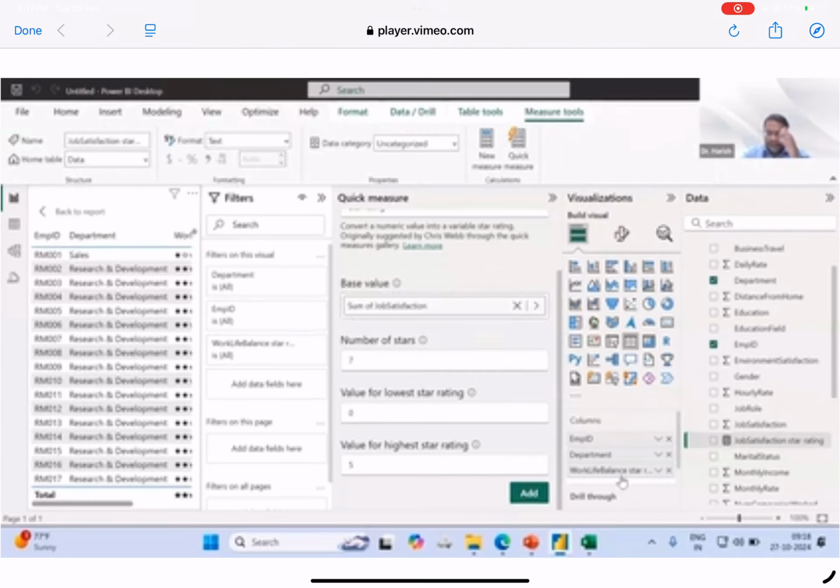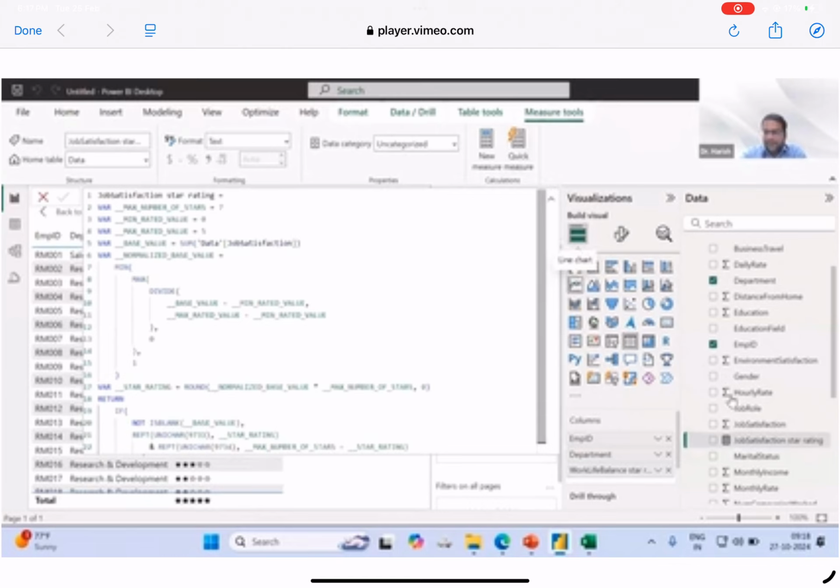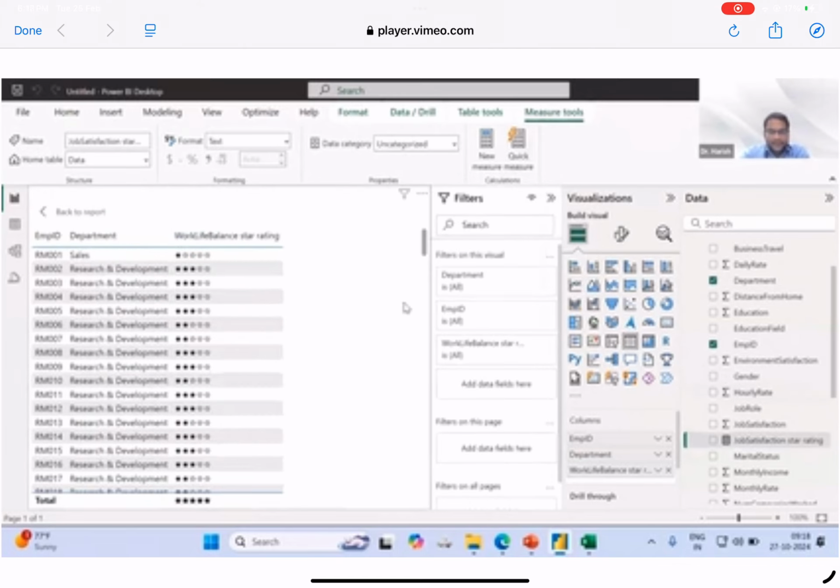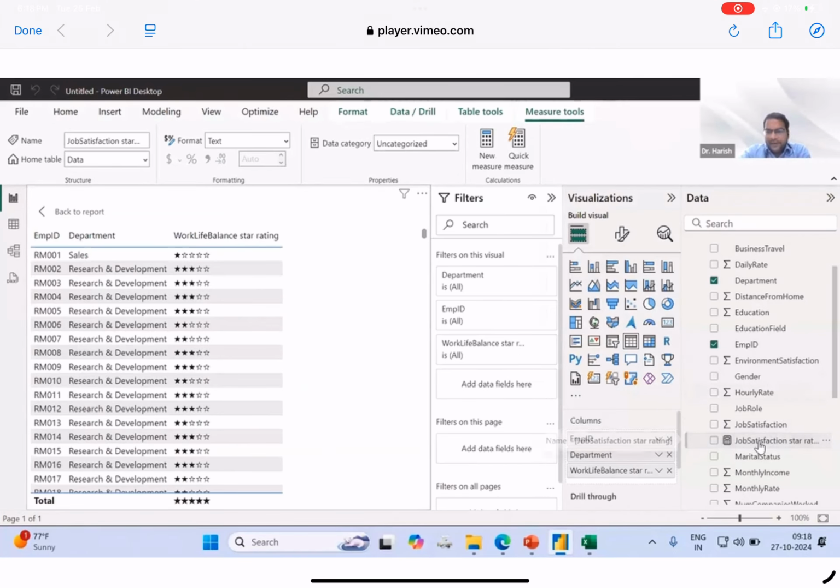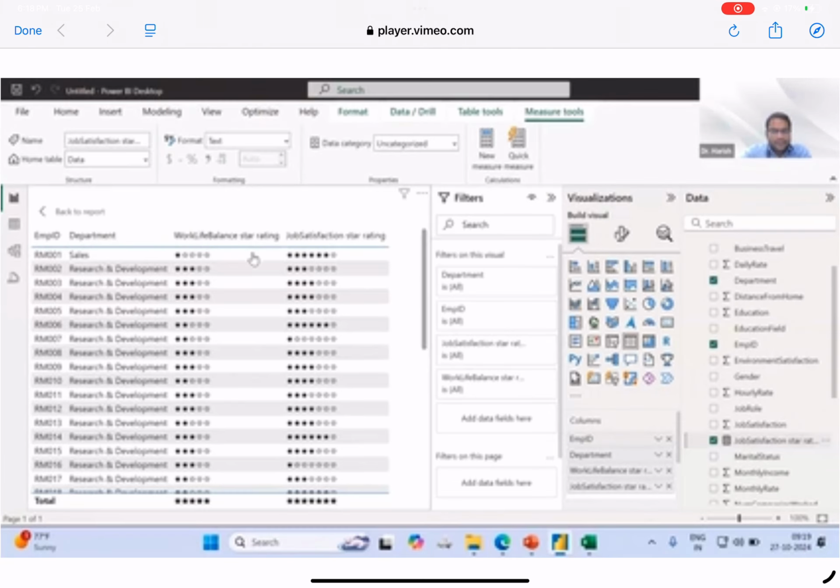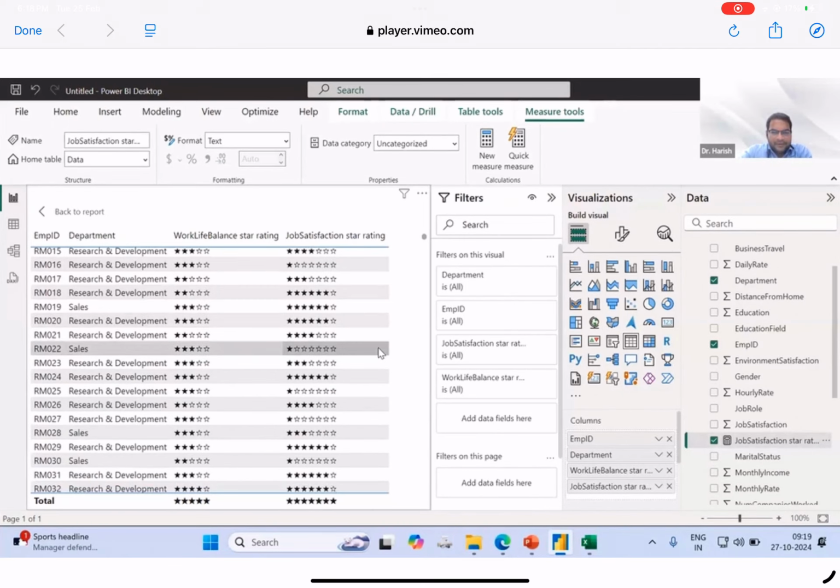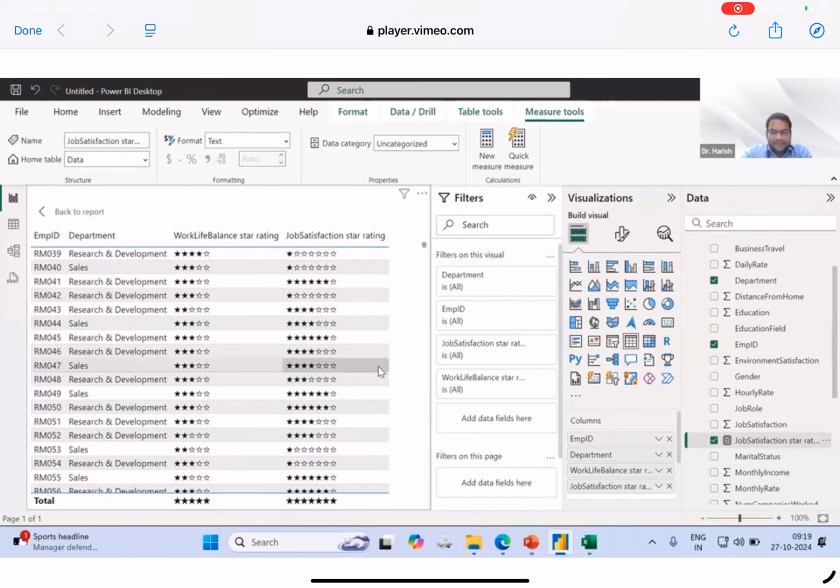right? So another field has been added to my data model. Let's say, let me close. Job satisfaction calculated field star rating, right? I have added another field here, job satisfaction star rating. What will happen if I drag it here as a new column? See, now you are able to see all these ratings have been converted into 7 star format. See,